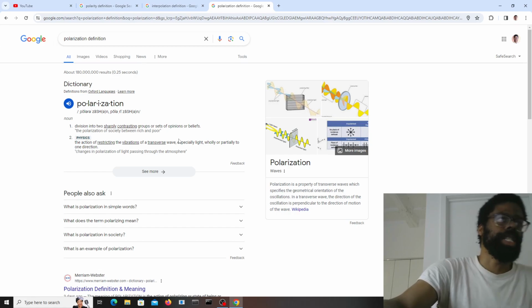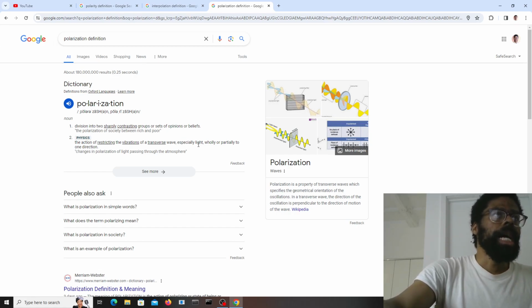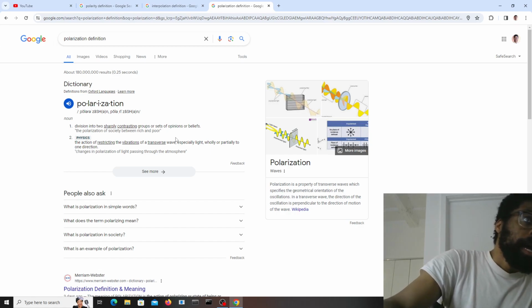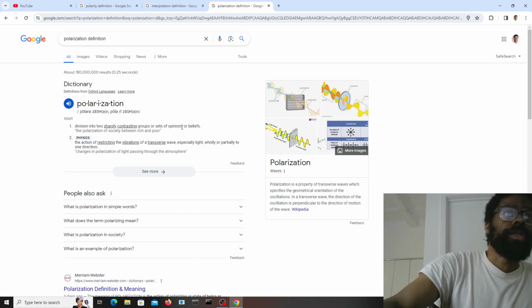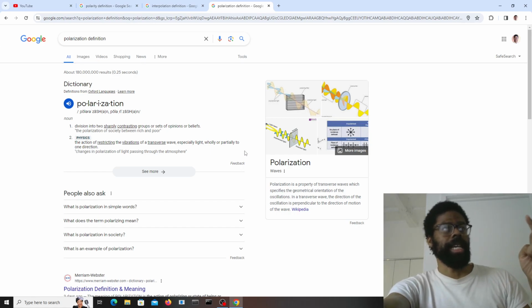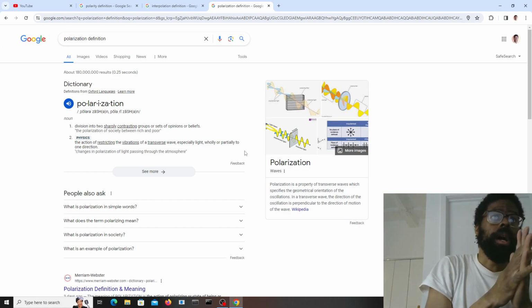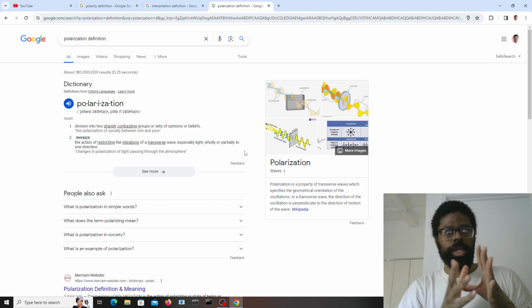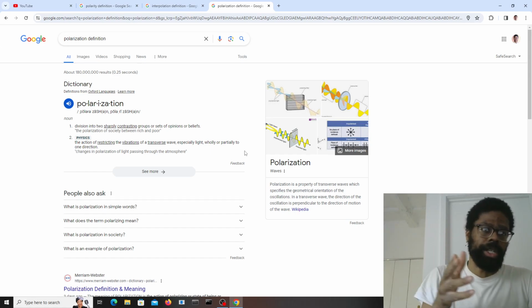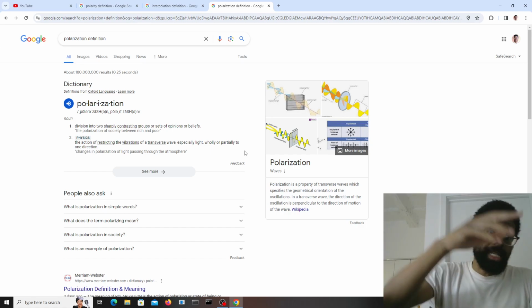So the last one is polarization. Polarization is the division into two sharply contrasting groups or sets of opinions or beliefs; also the action of restricting the vibrations of a transverse wave, especially light, wholly or partially in one direction. That's an example of how polarity is used in common applications such as LCD screens,